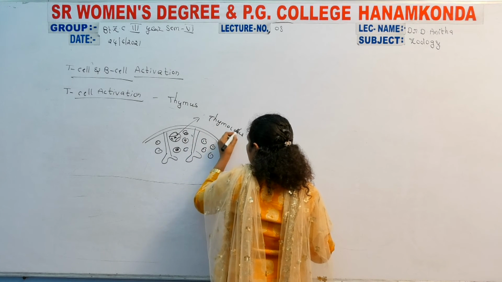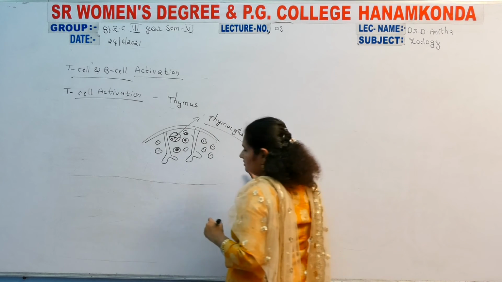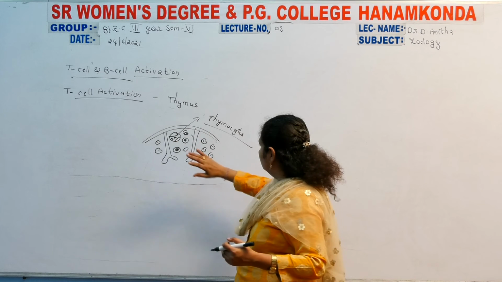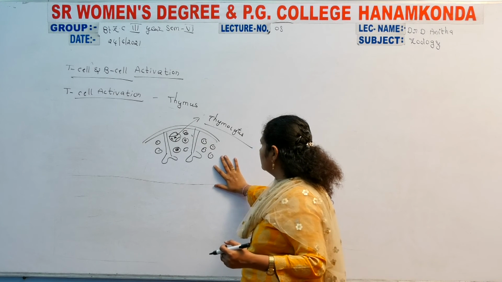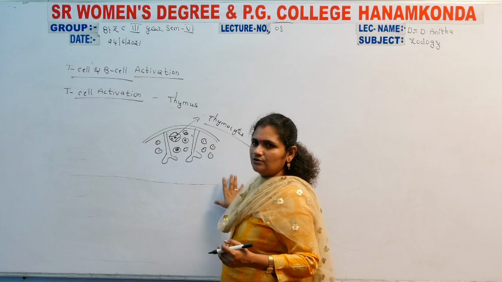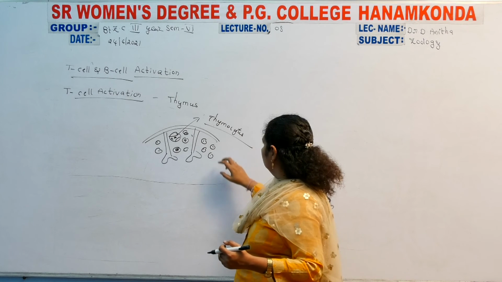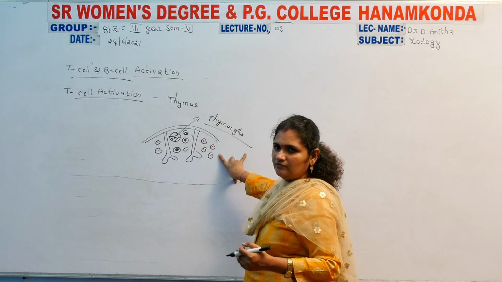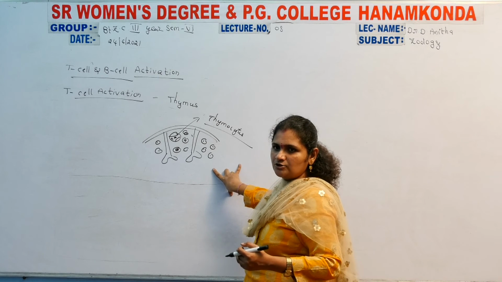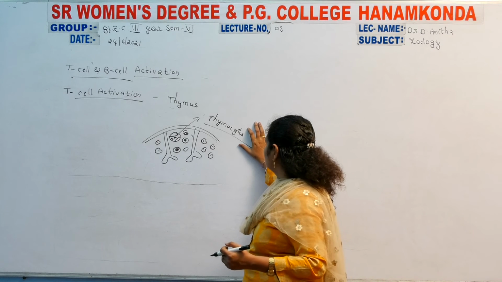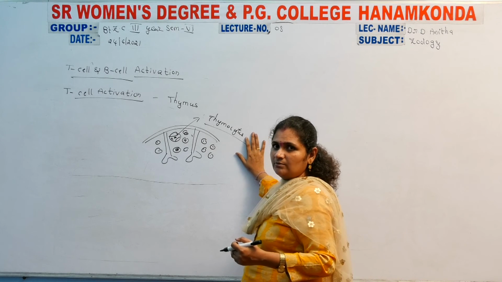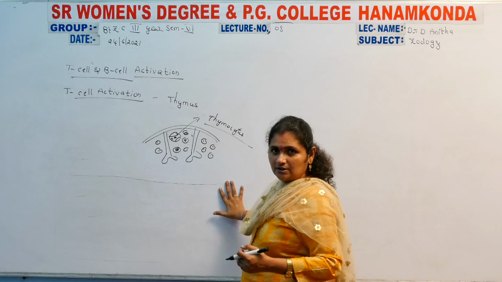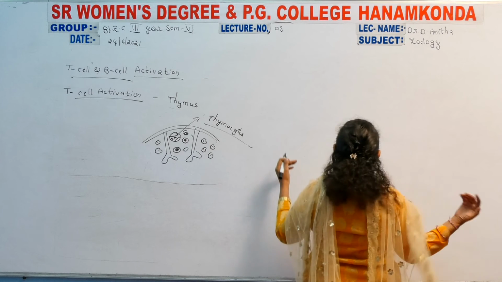From these thymocytes, the thymus helps further in the development of T cells. Inside it there are trabeculae, which separate the lobules from each other, in a tube-like structure. The external side is the capsule. Inside, the outer cortex and inner medulla are also present. These thymocytes are precursor cells for the formation of developed T cells. These are the structures of the thymus we already completed, and the lymphoid progenitor.